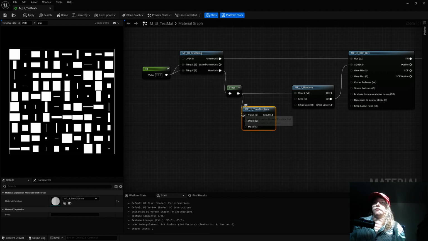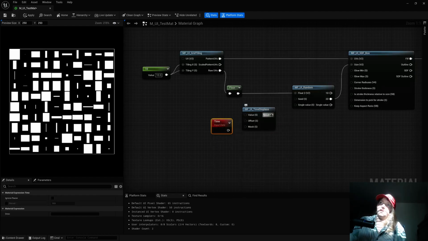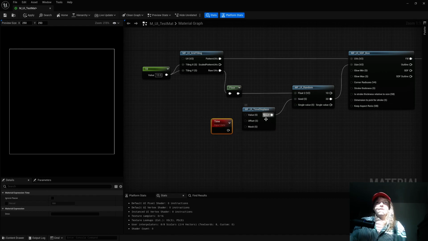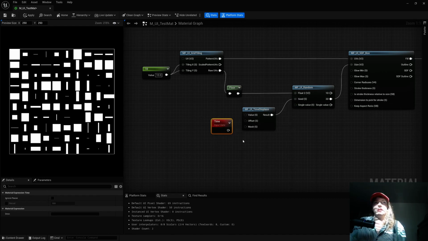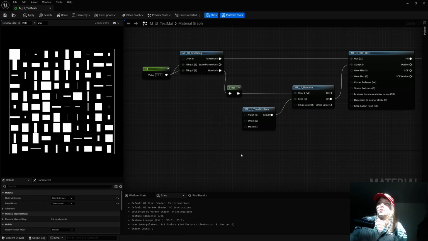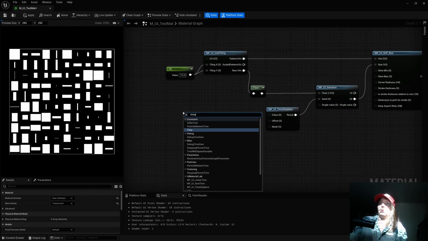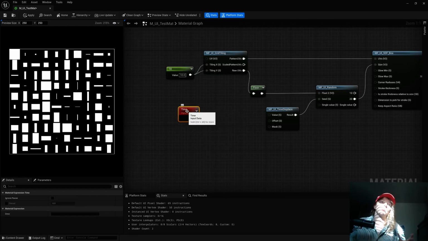Usually you want to put time into your value, so I'll put time. I don't know if it already has time in it. I guess we'll find out. Let's just plug that in. Yeah, see? Already got it. Look at that. I don't even need time. Time's going in there, so random displacement here,